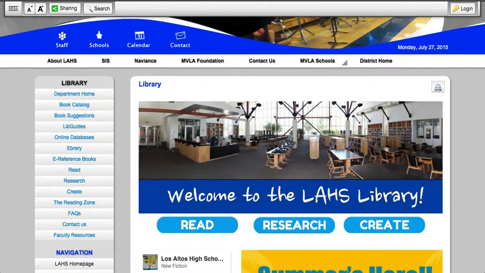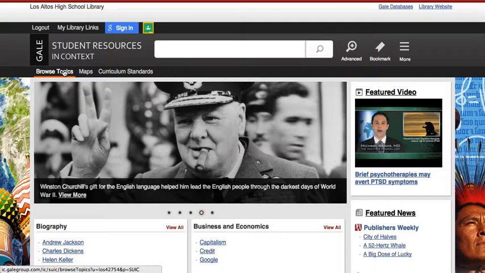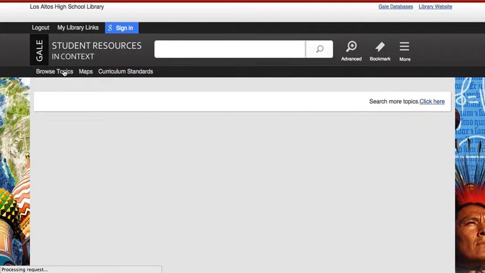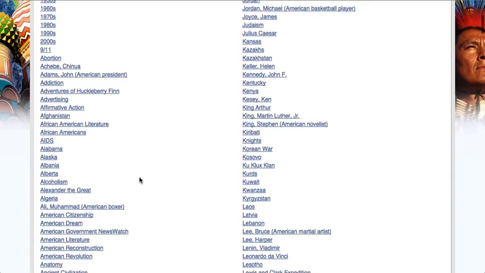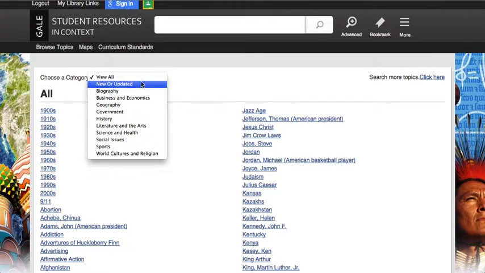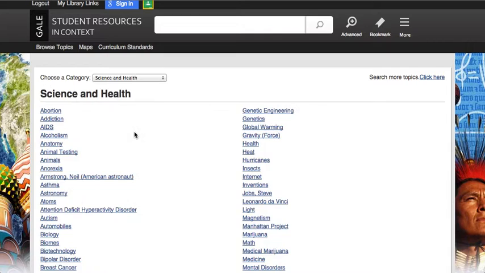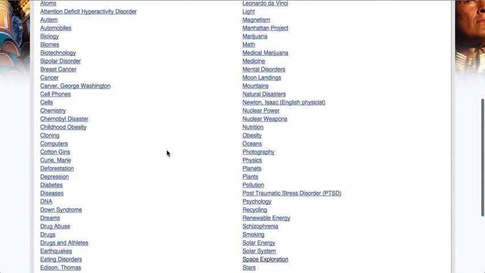So let's start with Gale. The Gale Student Resources looks like this. And if you click on the Browse Topics page, you can see all the sort of subject terms that they have here. Now, if I'm doing a research project on Mars exploration, I can go down here and look for a particular area. So I'm going to select Science and Health and look at all the subject terms that might be useful for my particular